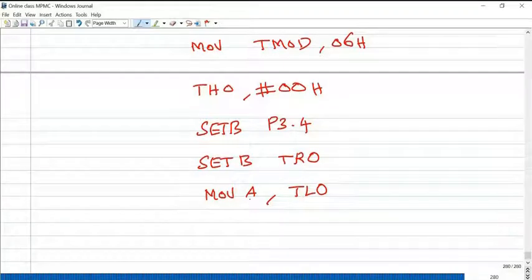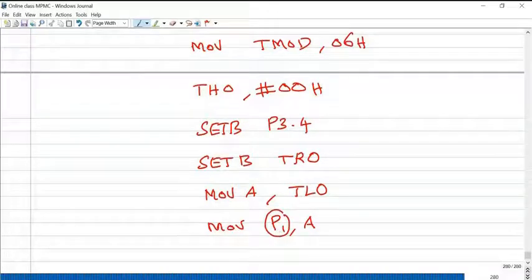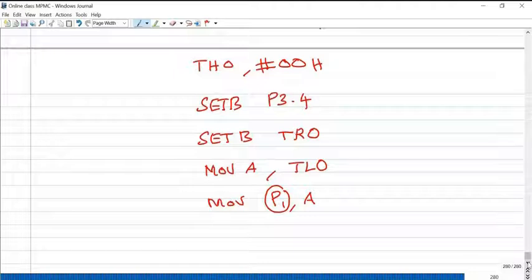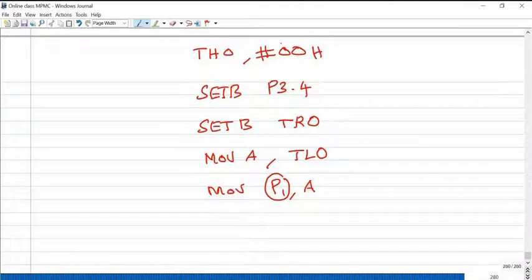So move TL0 to A and you can display that value anywhere else, any port. Suppose I'm going to display how many pulses it counted on port 1. So the maximum count is FF only. That also you can write.